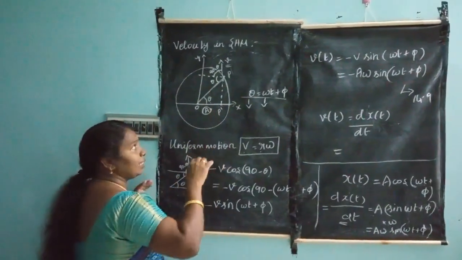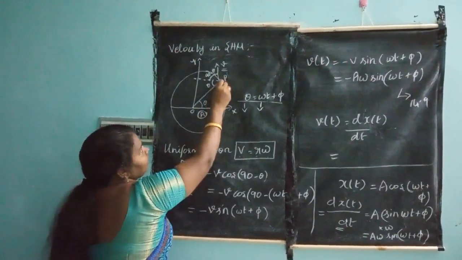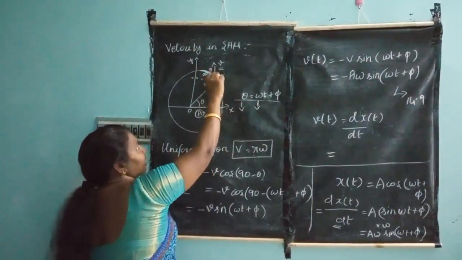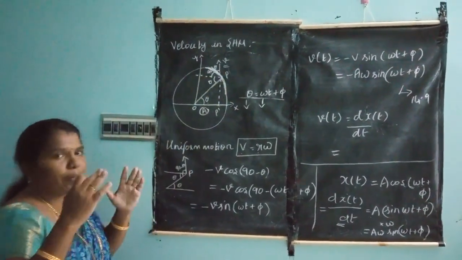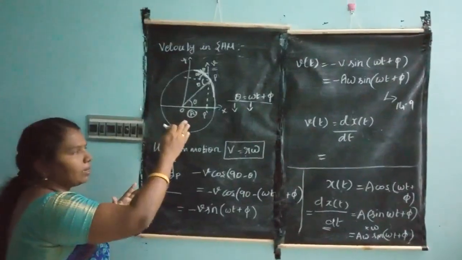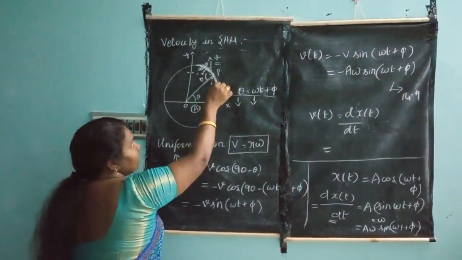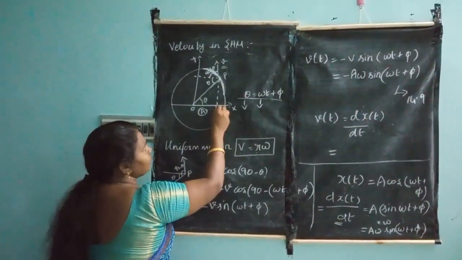So imagine that P dash is also another particle projected in to and fro motion. Imagine this is the mean position, it goes there and it goes there. So this is the mean position. Imagine it is like a simple pendulum. It moves in two directions, the positive x-axis and the negative x-axis, so to and fro motion. That is the tangent at any point on the surface. So this is the P dash I am taking.